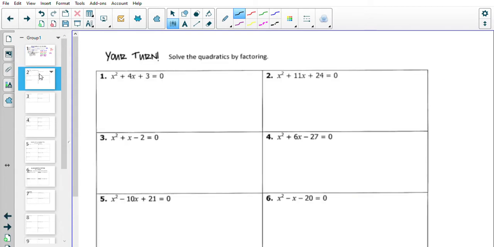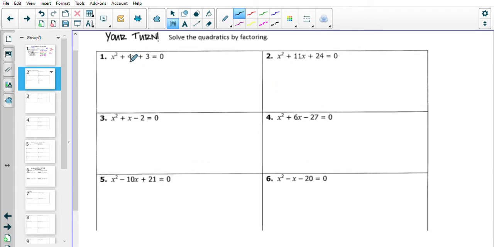All right, so let's take a look at a couple of different ones here. Okay, so we can see by every single one of these, right? Every single one of these on this page is the same type of factoring. Do you know which one it is? If you look at which type it is, they all have 1, 2, 3 terms. They all have 3 terms, and the leading coefficient in every single one of these is in fact 1. So that tells us that for all 6 of these problems, we're using a basic